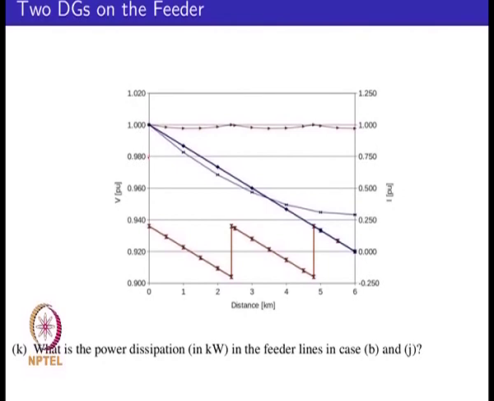What you can alter is your current profile, and by adding a DG at a distance of 2.4 kilometers, which is 2/5 of the distance, and at 4.8 kilometers, you can actually bring down the current level, amplitudes of the current to be the smallest along the feeder. So, if you look at the